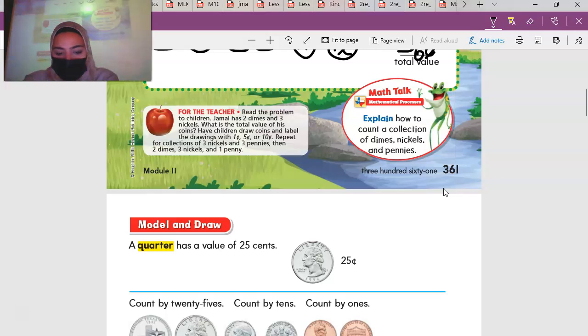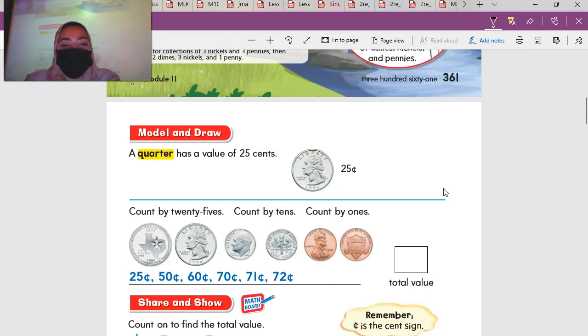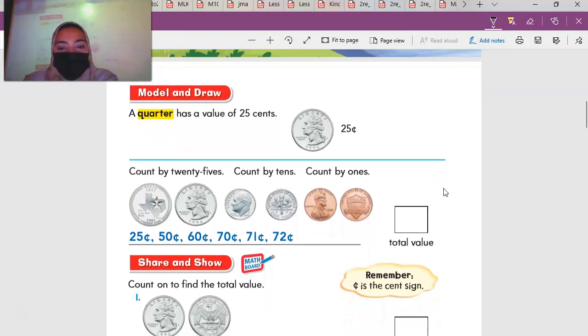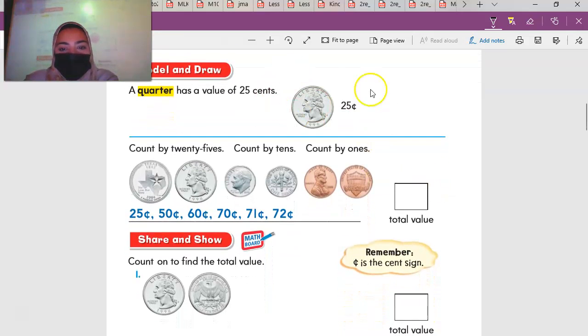Very cool. All right, let's keep going. A quarter has a total value of 25 cents. That means a quarter is worth 25 cents. Count by 25, count by tens, and then count by ones. Well, I know 25 plus 25 is 50, and then 50 plus a 10 is 60, plus another 10 is 70, plus a 1 is 71, plus another 1 is... So here the total value of these coins is